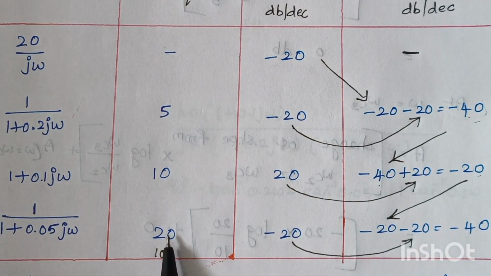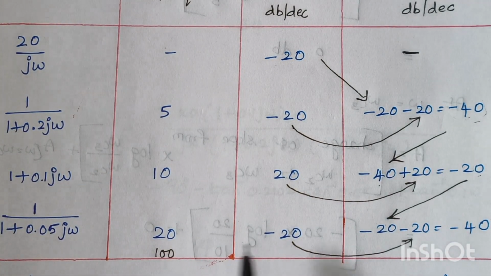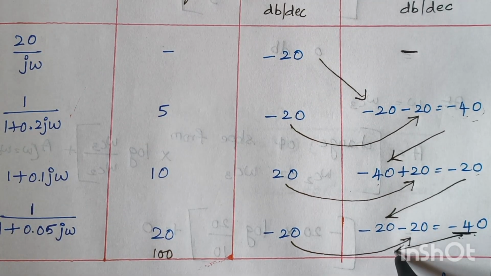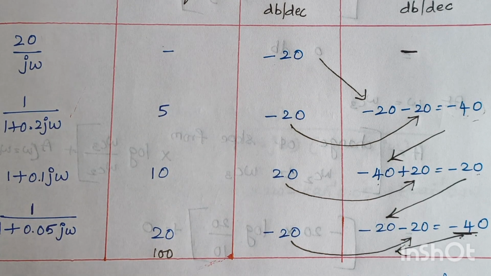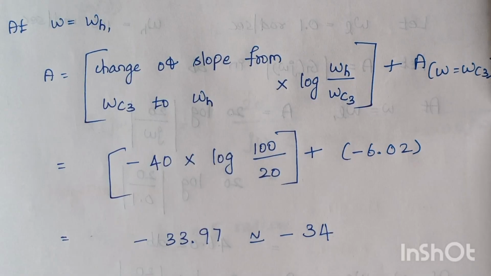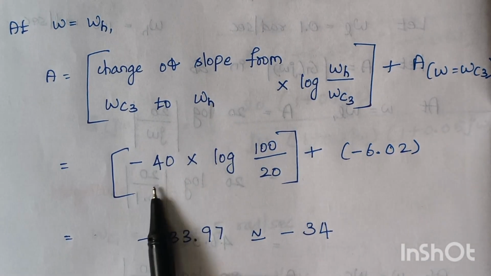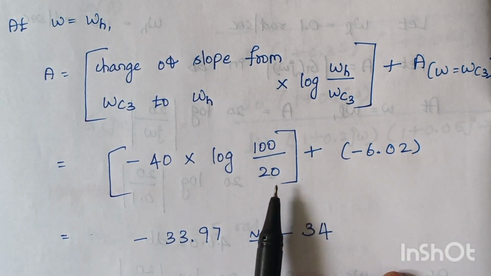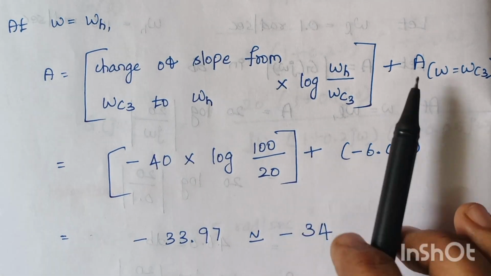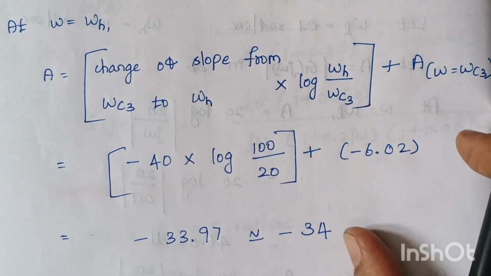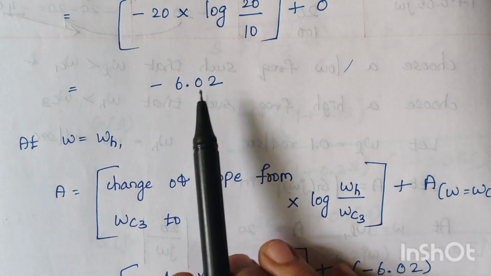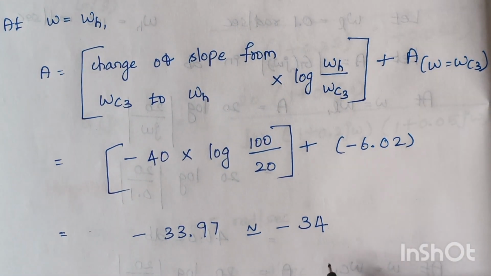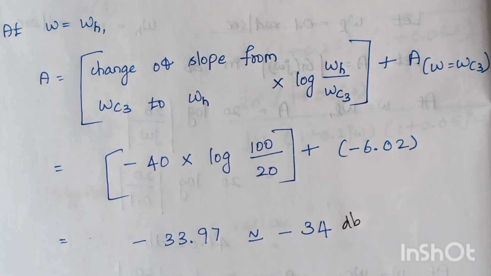So 100 will be written only after this 20. So what is the value of slope? This minus 40 will be contributed here, right? So the value is minus 40. So just substitute the values. Minus 40 into log of omega h which is 100 and omega C3 which is 20, plus again the previous value of magnitude, minus 6.02. So just substitute it here and finally we are getting the answer as minus 34 dB,